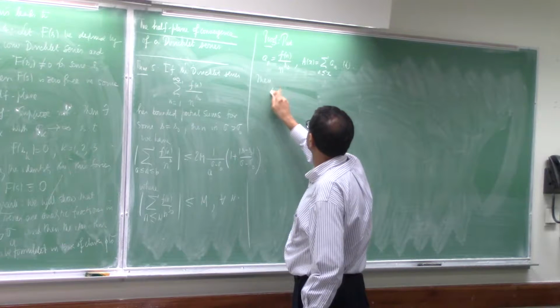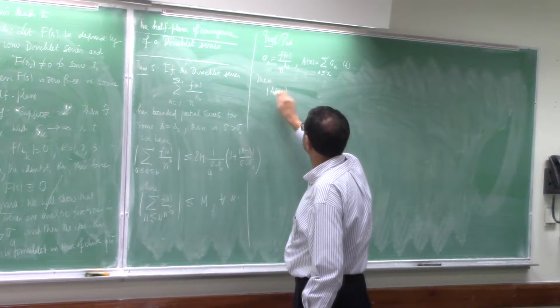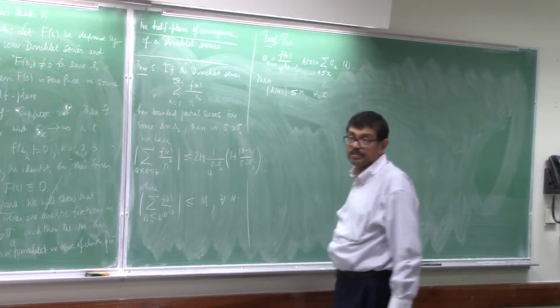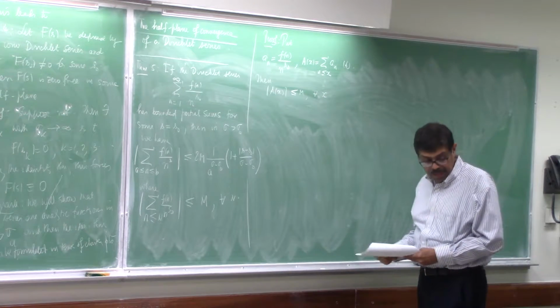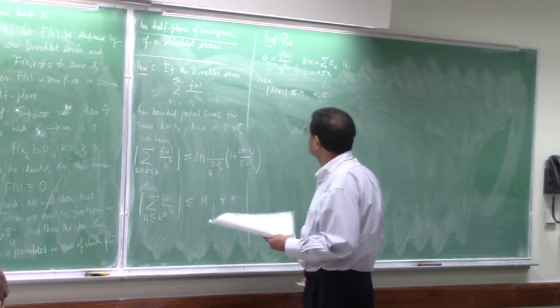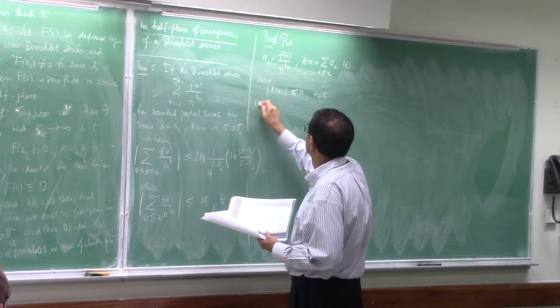Then A of x is less than or equal to M for all x. All right, so now what can we say about this? Observe that